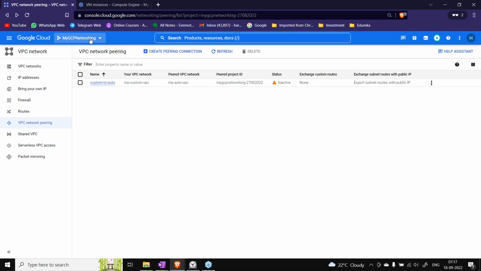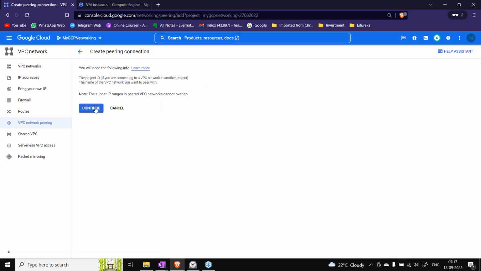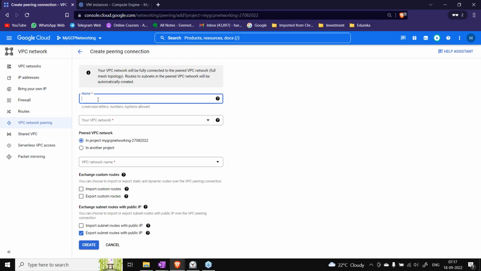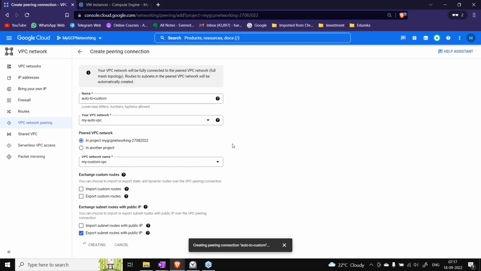But since our VPCs are in the same project, I'll be doing another peering connection in this particular project itself, because both my VPCs are in the same project. Until I do the peering both ways, this status will be inactive. So let's create another one. This time let's call it auto to custom. This will be my source and custom will be my target, and let's create this one also.